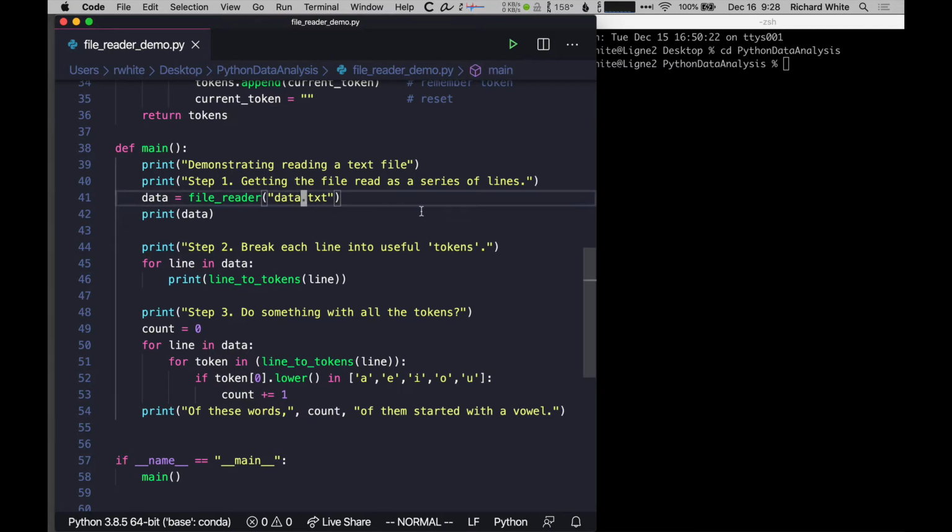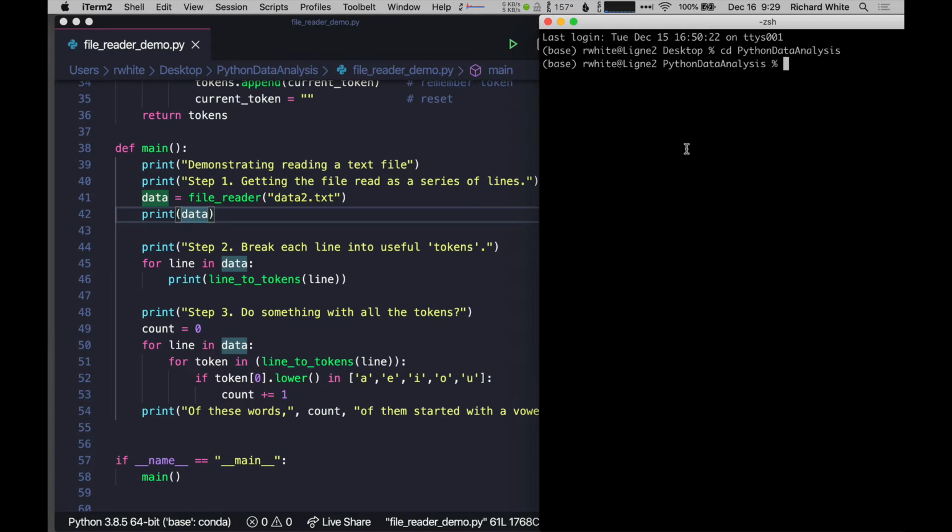I don't want to read data.txt. I want to read data2.txt. So let me, first of all, make sure I get that in there, data2.txt. And maybe I'll print that data. Let me just run this program and see what happens when I get that in there now. Python,